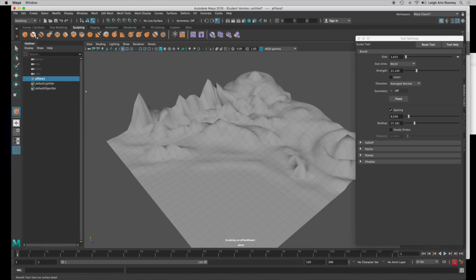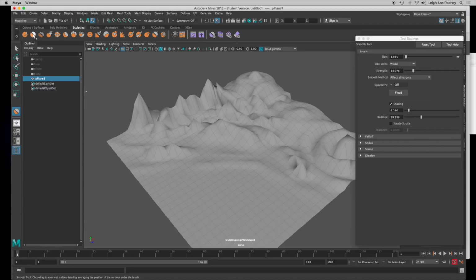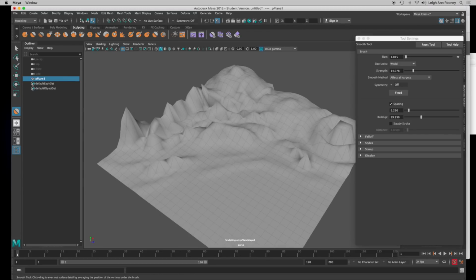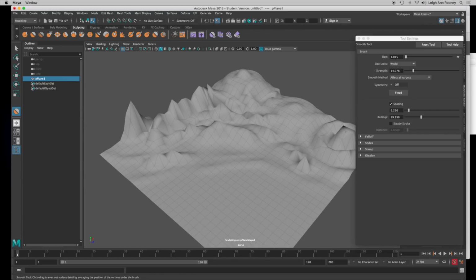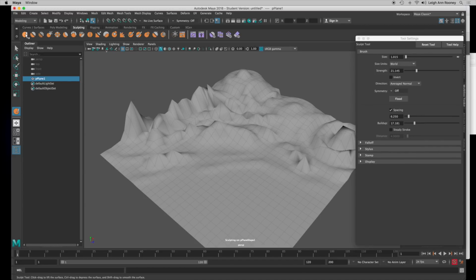The next tool I want to show you is the second sculpt tool, and it's the smooth tool. And you can just use this to smooth out if some of your peaks got too jagged or aggressive, you can just smooth some of that stuff out. Oh, and also with the sculpt tool, you can invert it. So you could make valleys that dip in, and you can increase the strength of that and the buildup of that. So it's really a deep